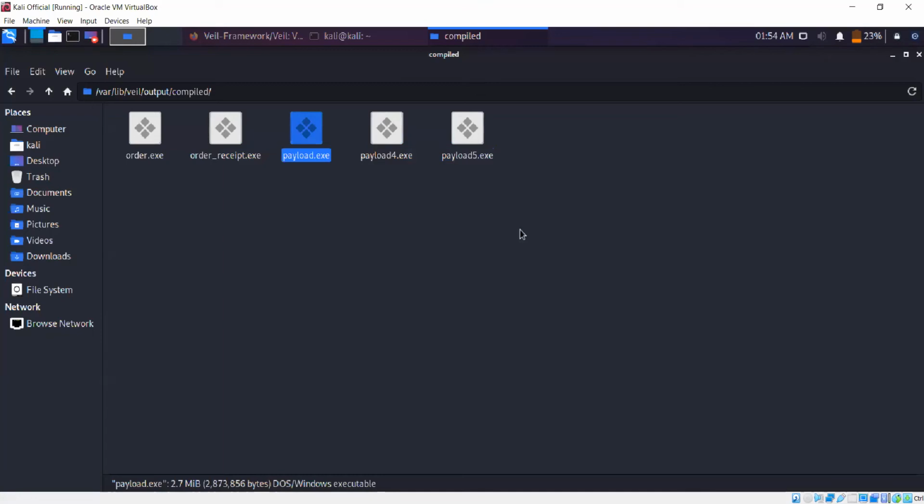So now that we have created a payload, what we'll be doing in this class is we'll be spoofing a payload to look like an image. So let's say you send this virus to anyone else, it will appear as if it is an image. In fact, even when you click on it, it will open an image, but in the background, it will execute the script, it will execute the virus, and using Metasploit, we'll be able to gain access to the computer. So I'll teach you how to spoof this as an image. And once the target clicks on it and opens it, we'll have full access to the computer.